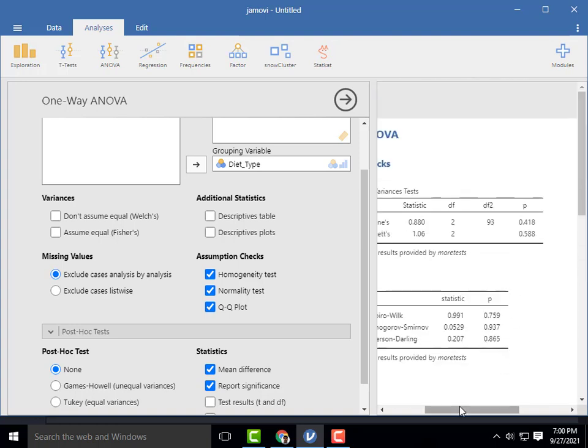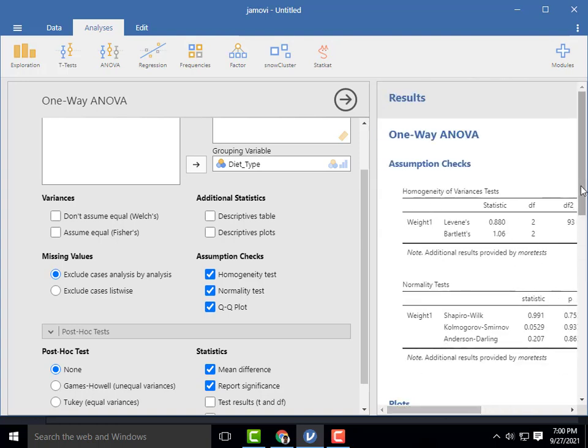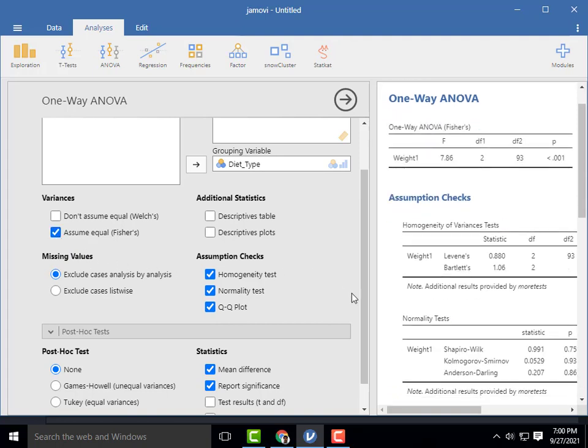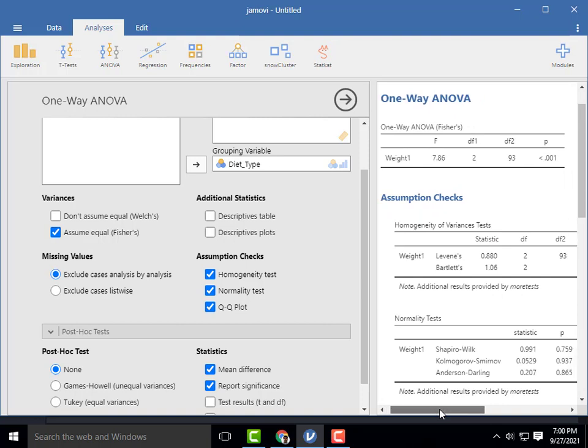So now we want to check one-way ANOVA. So here the homogeneity test is not significant, so we can assume equal variance. When the variables have homogeneity, we can assume the equal variance, so that we can check this box.